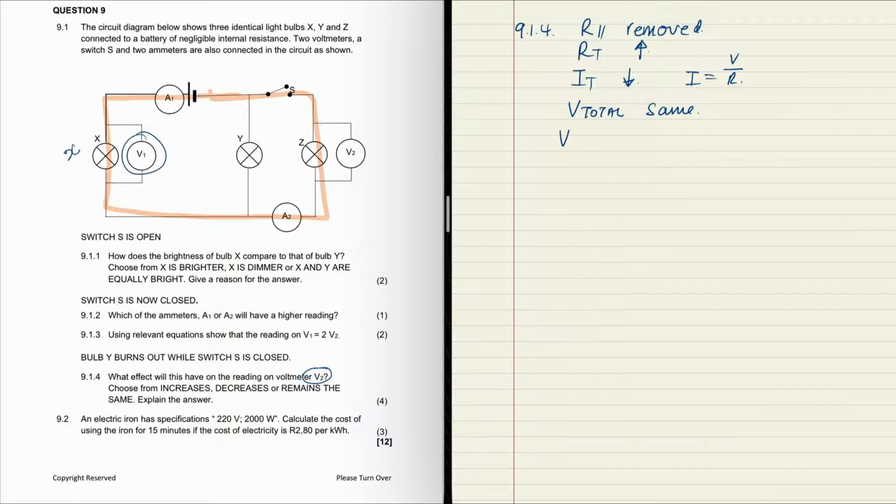And so then the V total is going to equal whatever V1 is plus whatever V2 is. Now, V1 is going to be affected as well. V1 is going to have a lower value, and the reason for that is because, remember, V is calculated by I times R. Now, if this is constant,